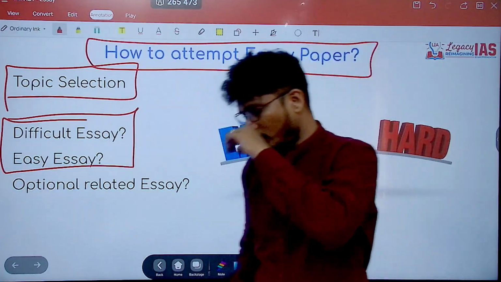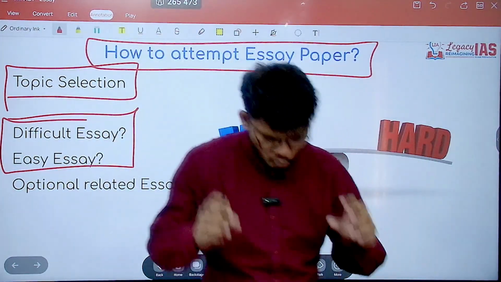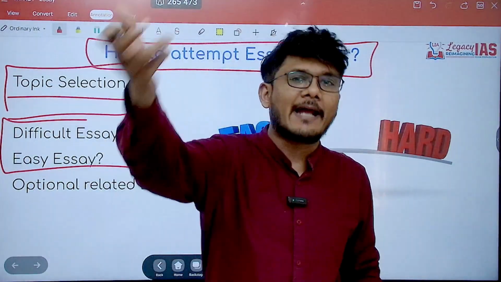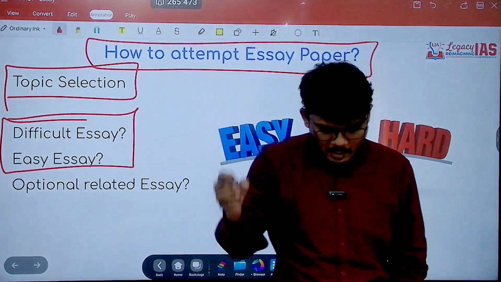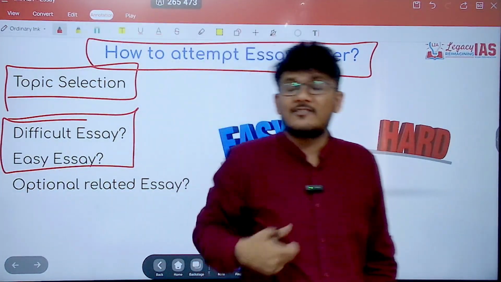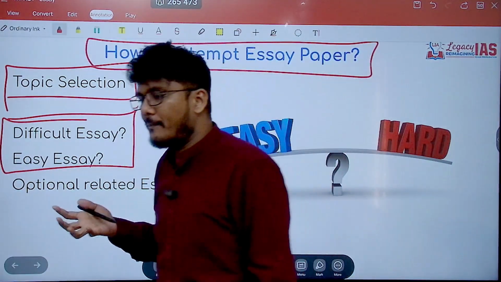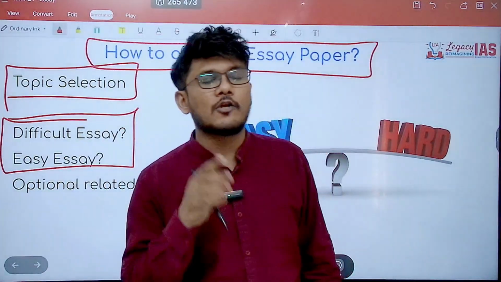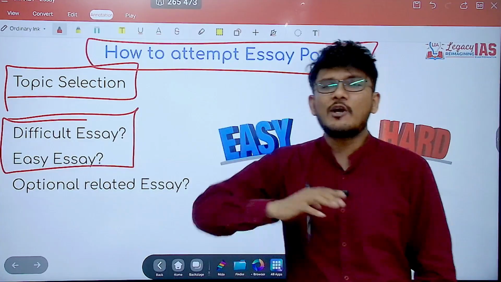So let me give 2 cents on these 2 things. See, do not have a prejudicial mind. No one knows how the checking goes. So do not consider that just because I write an essay which not many have written, I may get good marks. Don't do that, because this is just an assumption, a presumption. You are expecting that to happen, but you don't know it for sure. That's point number one. Point number two, because of that, you are going in a direction in which you are weak. That's not your strength.